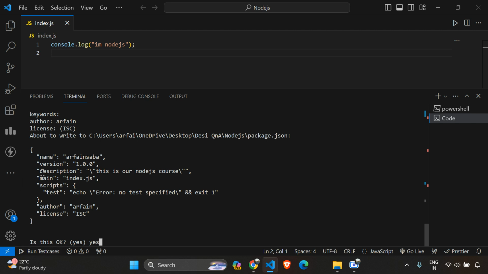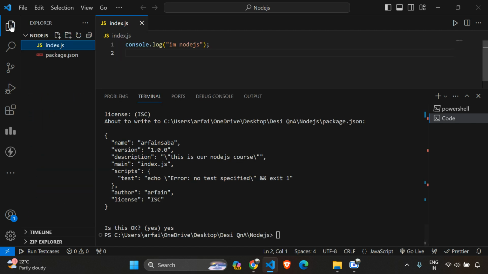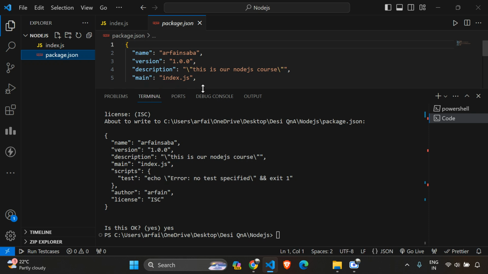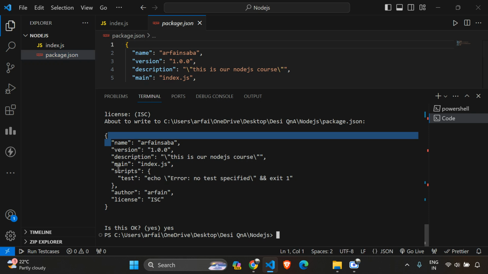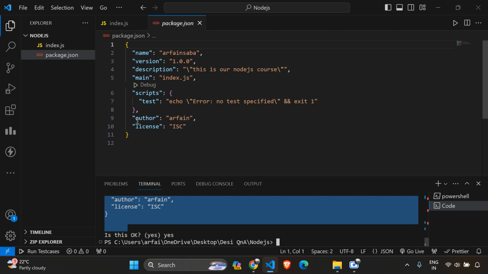And again, here for the description I would have not written the quotes. Okay, even without writing the quotes we will be getting the same thing over there if we are using a string. Here s, I want to initialize it. Okay, so that one has been initialized. Here you can see our package.json has been created with these values. Okay, this object, here you can see this has been created.